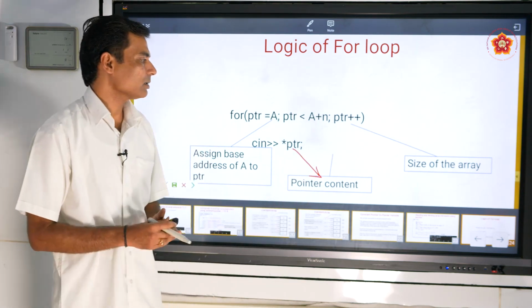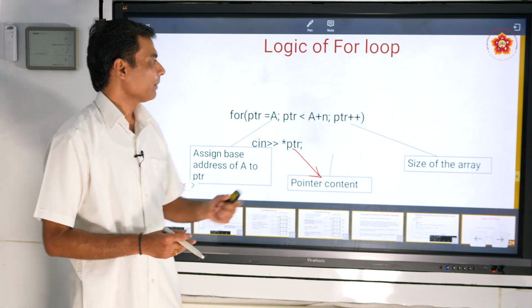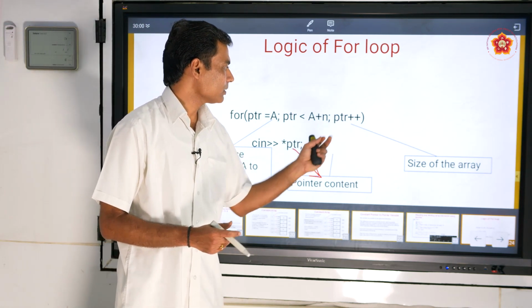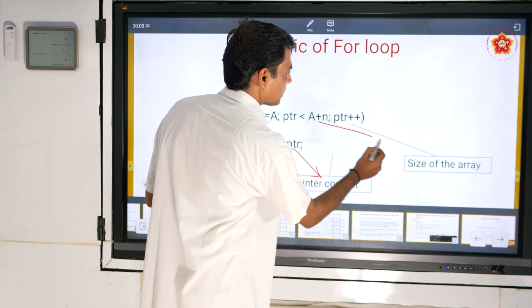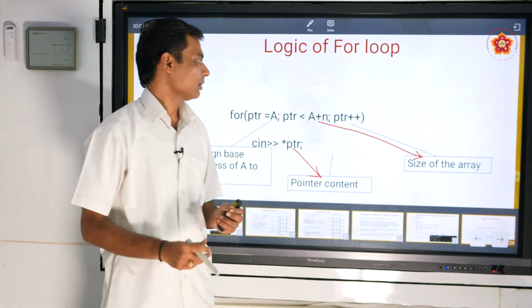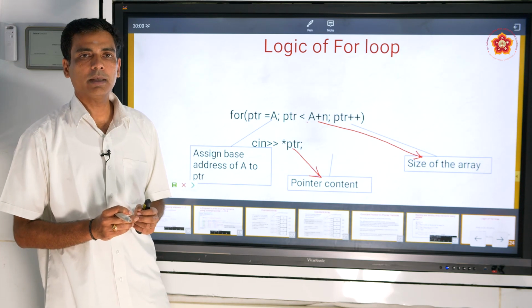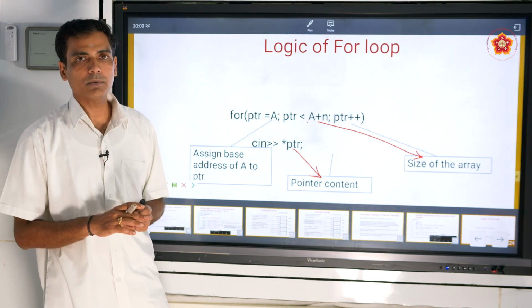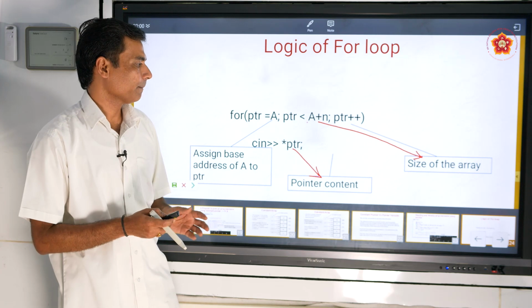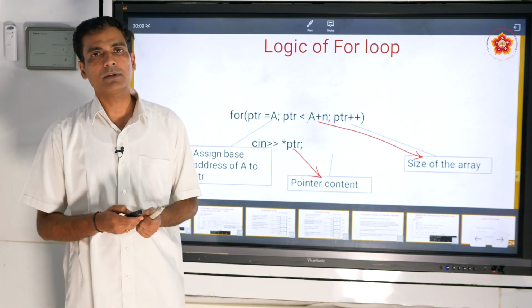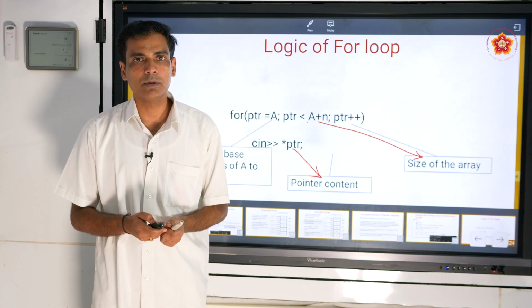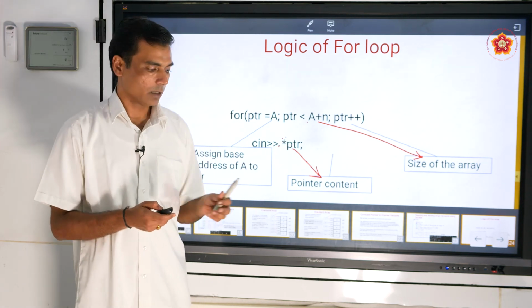It is accessing the pointer content, and ptr++ moves through the array up to its size. So it will increment up to the last element of the array. So this is the efficient use of pointers when we use them with arrays.